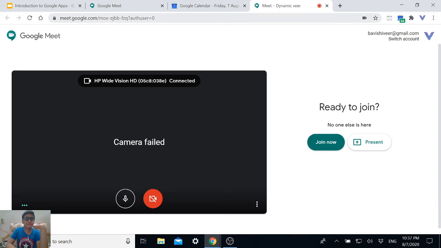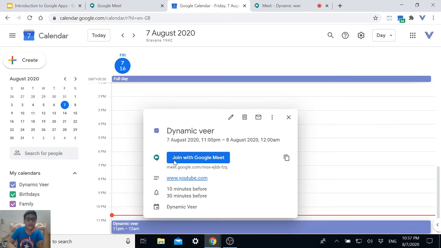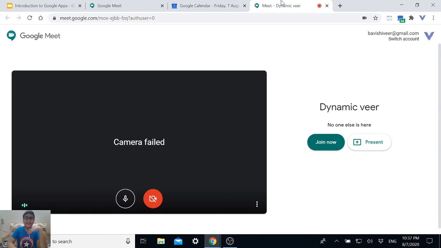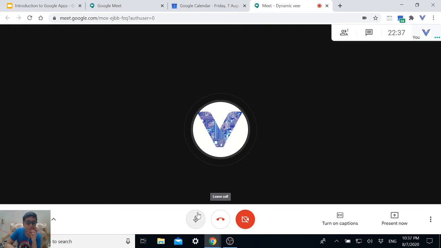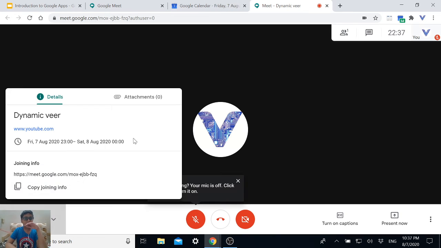Yeah, so here there's one more thing. If you get these long links on your WhatsApp or phone and you don't want to write the whole thing, see here, as I did it in Google Calendar, it is showing Dynamic Weed as the nickname of the meeting. So I was talking about how you can schedule and add attachments.